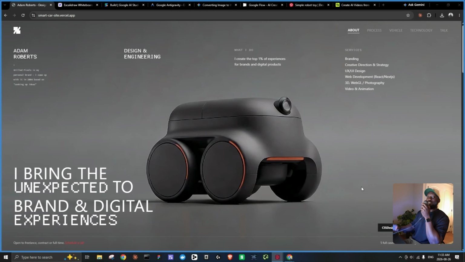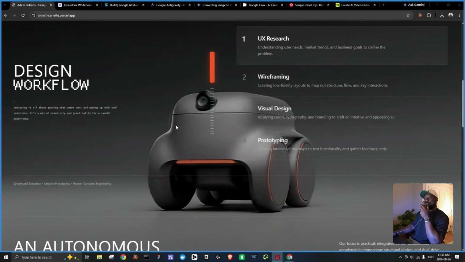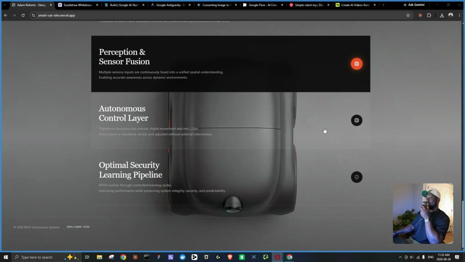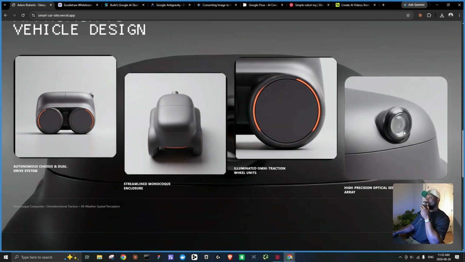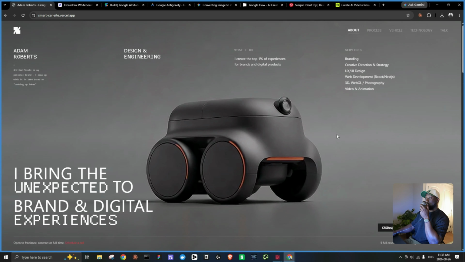Have you ever seen stunning websites like this on the internet that use 3D imaging in the back end, are still responsive, and have these beautiful assets on here? Today's your lucky day because I'm going to be showing you how I built this website using AI from end to end. I'm going to be showing you the tool stack that I use, and I'm going to be showing